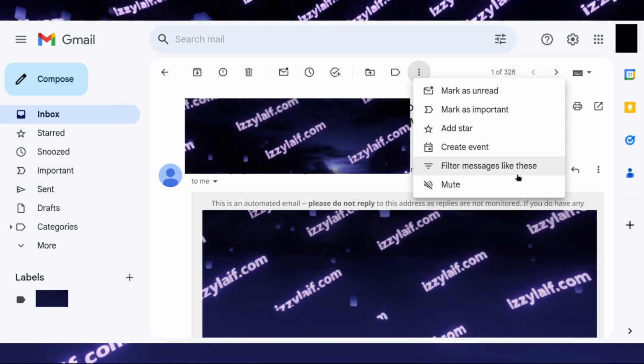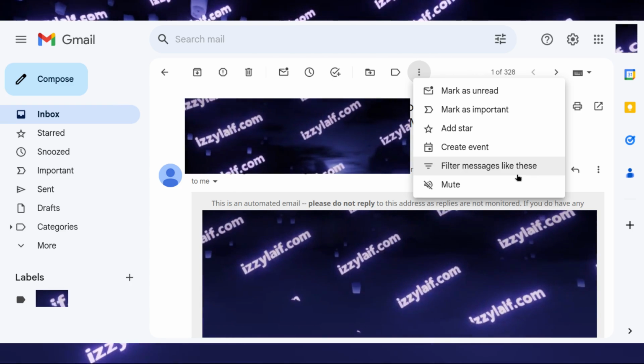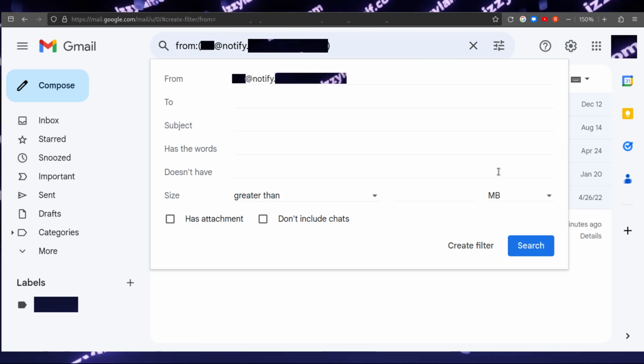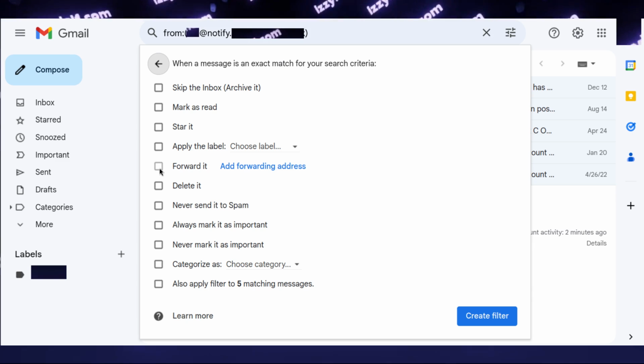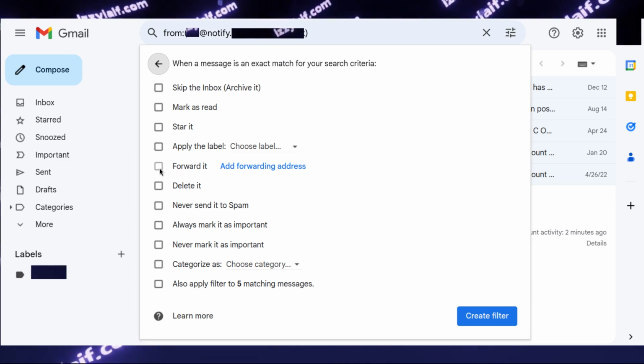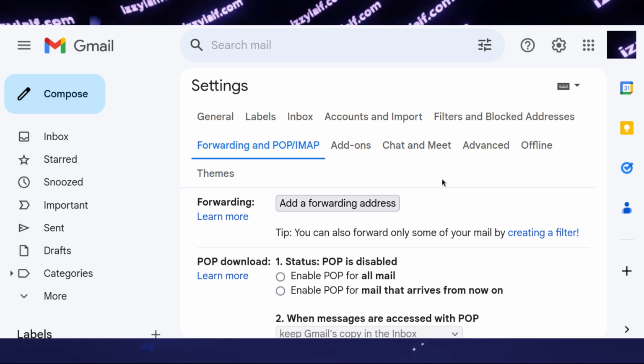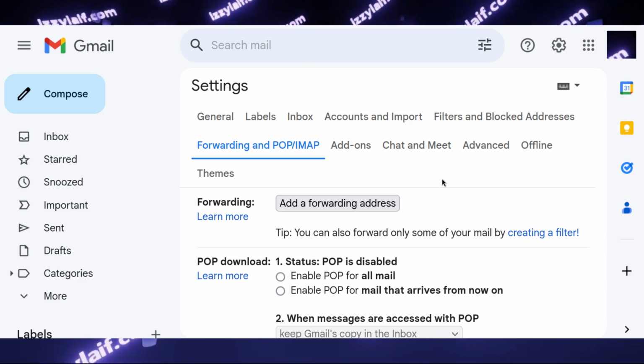So you want to forward some of the messages in your Gmail account to another email. So you create a filter, however, the forward it tick is grayed out. And next to it, there is a link that says Add Forwarding Address. You click on that, that lands you in the settings where you can add a forwarding address, but also there